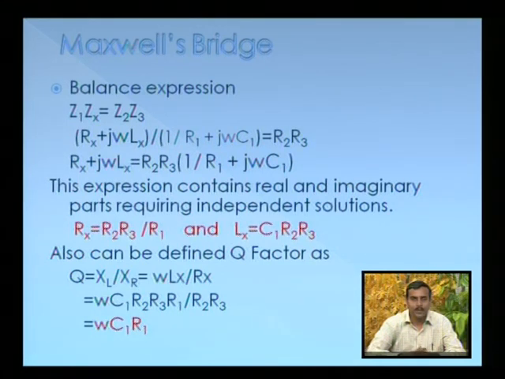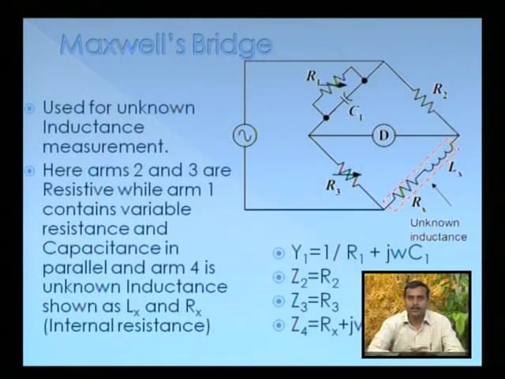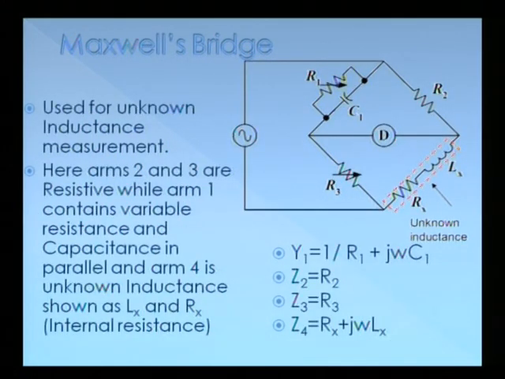Now this again will give you the values. Whatever the value of inductance and its internal resistance, they can lead you to the value of the quality factor. The quality factor Q is defined as the inductive impedance divided by the resistive impedance of the same inductor, that is omega Lx upon Rx. Putting these values in the expression, we get the Q factor defined as omega C1 R1, where C1 and R1 are placed in arm 1. So whenever we balance the bridge by adjusting R1 and R3, we get the final values of R1 and C1, and these values will directly give you the quality factor.